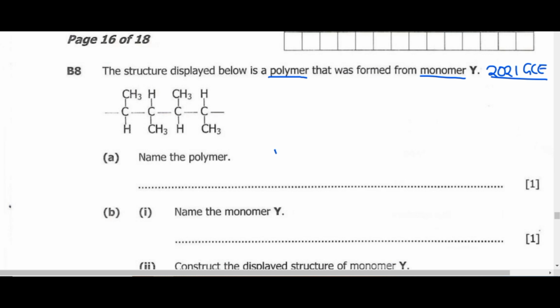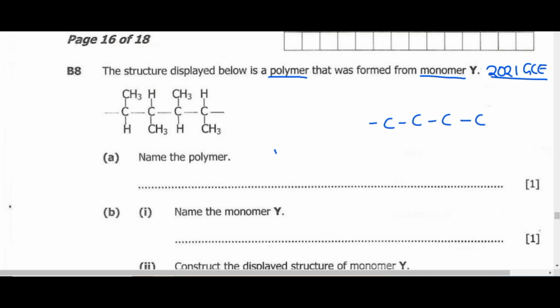So when we say a polymer, we are saying that this is a macromolecule, a giant molecule formed by joining similar units. We can give an example of maybe polyethylene. So polyethylene is a polymer. Now for polyethylene, we have ethene, and we know it has